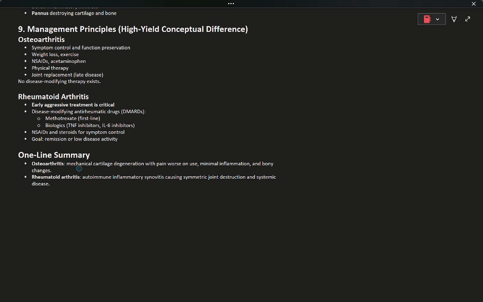So to sum things up, osteoarthritis involves mechanical cartilage degeneration with pain that becomes worse on use. There's minimal inflammation and bony changes will be involved. For rheumatoid arthritis, it involves autoimmune inflammatory synovitis, which causes symmetric joint destruction and systemic disease. So that's really how you distinguish